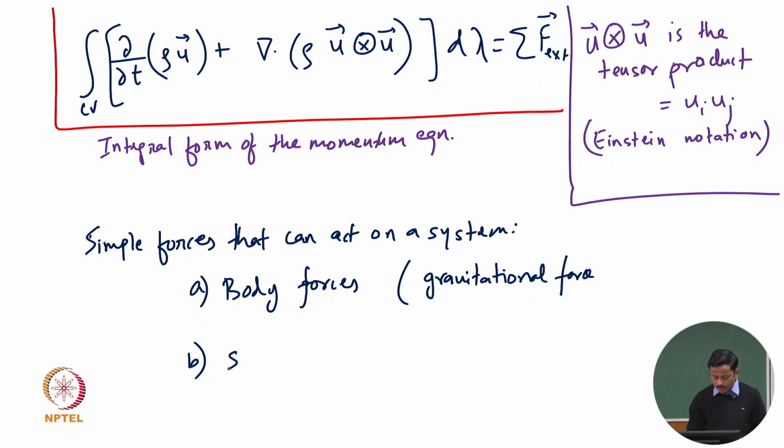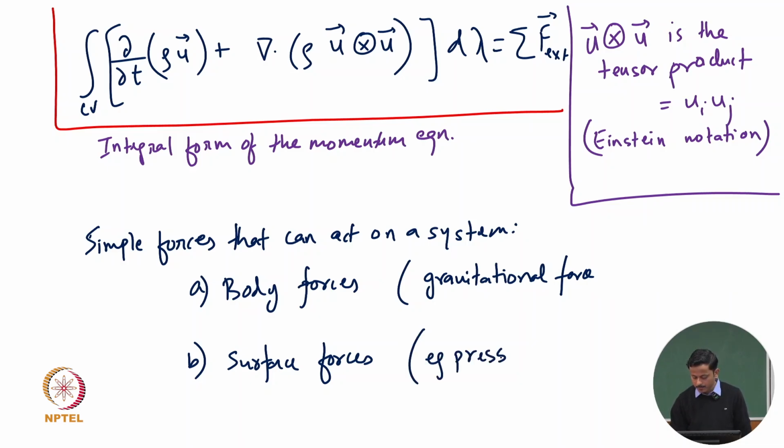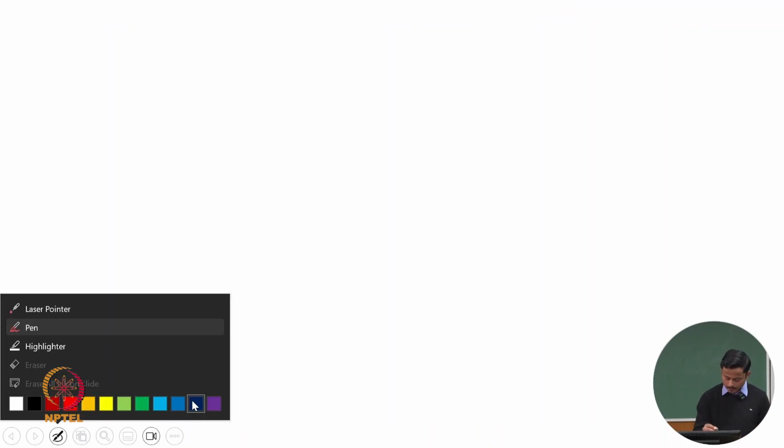And the other kind of force is surface force. Surface forces are forces that act on the surface of a system. Examples are pressure and viscous forces. We are keeping our system simple. So for an arbitrary system,